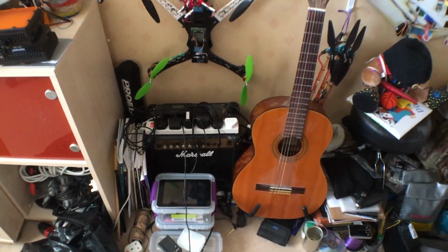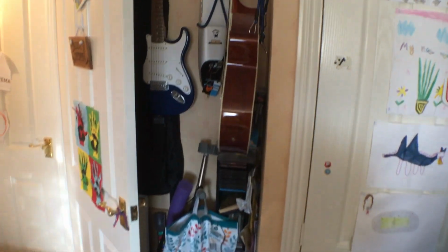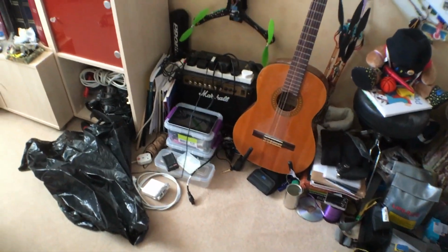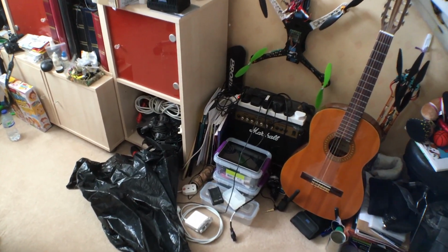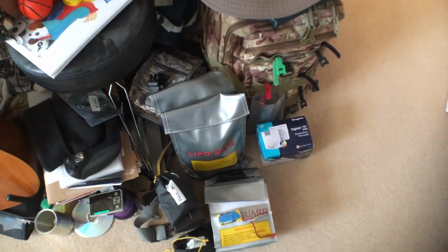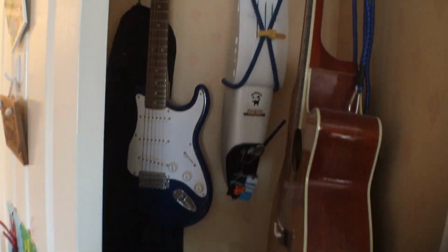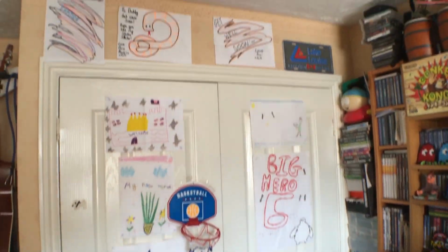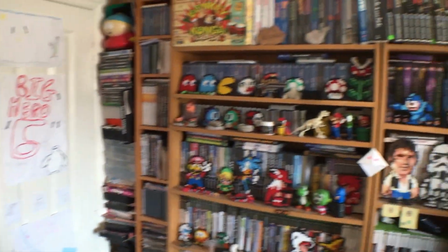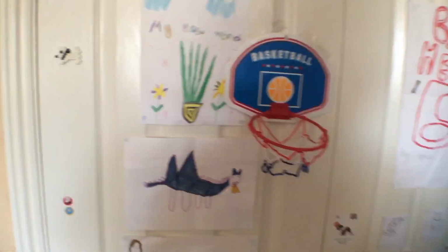Meantime, yeah, you might notice a few instruments around. I like music. There's a couple of guitars, a couple more over there, there's a keyboard down there. You know, the list goes on. I'm a hoarder of stuff. Nothing really gets thrown away. I've got my flying stuff kind of always ready to go there. Backpack, some lipos already. Oh, I missed the little mini Talon down there. There's an awful lot of artwork here done by my daughter that adorns the walls all over the place. And in here